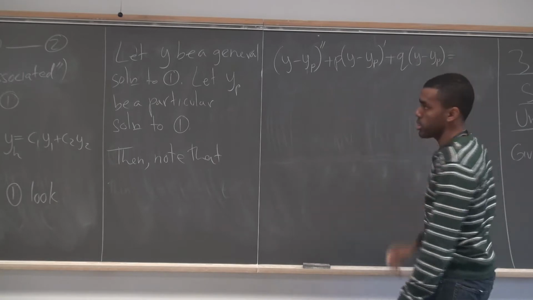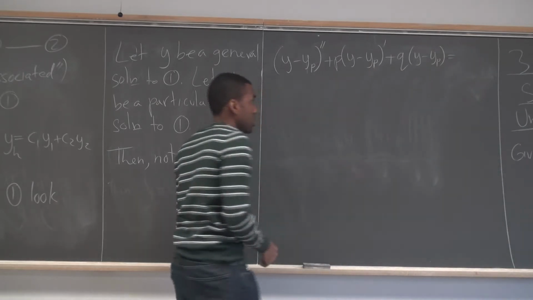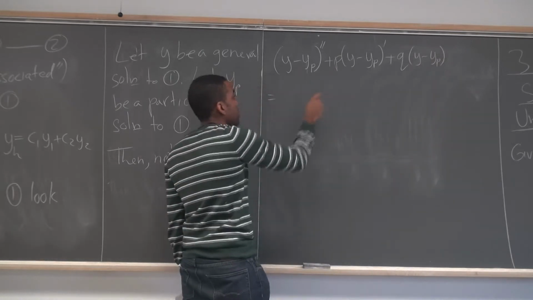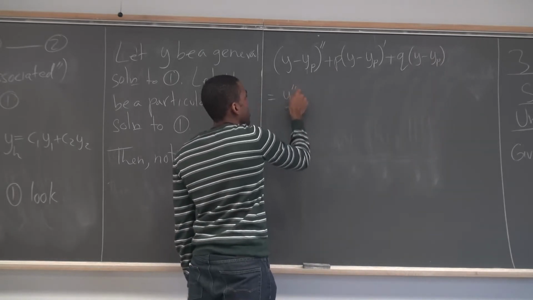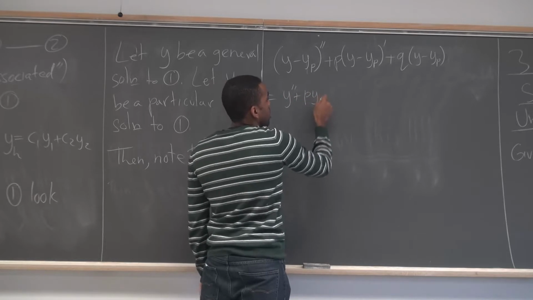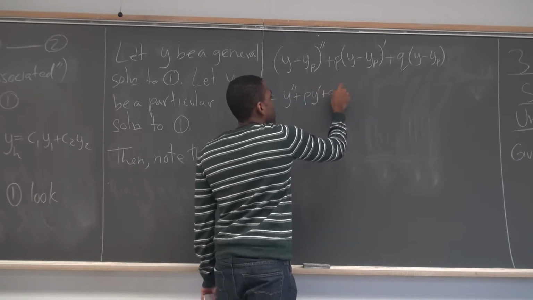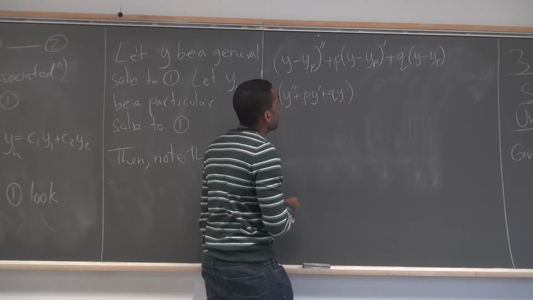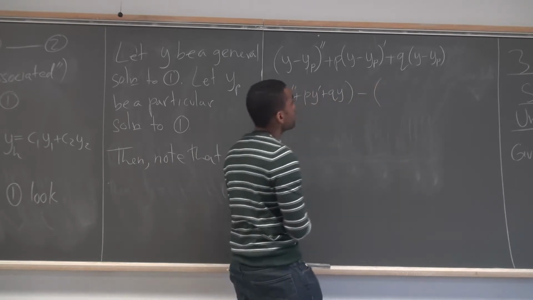Equals, let's not assume it's 0. Let's just plug it into this differential equation and see what we get. This actually simplifies to, I can write this as y double prime plus p y prime plus q y, and this guy minus